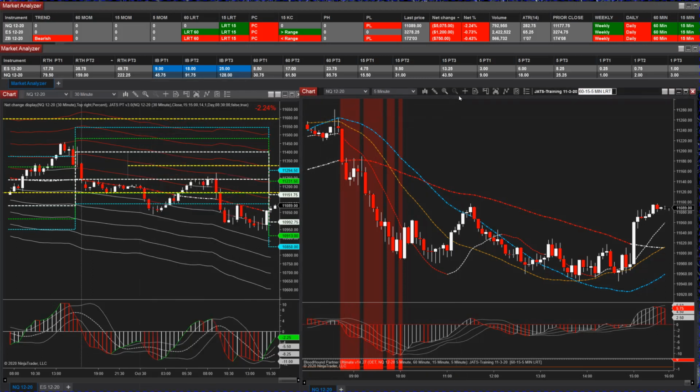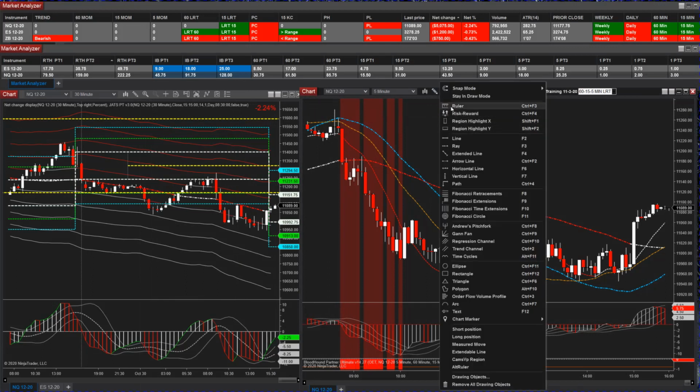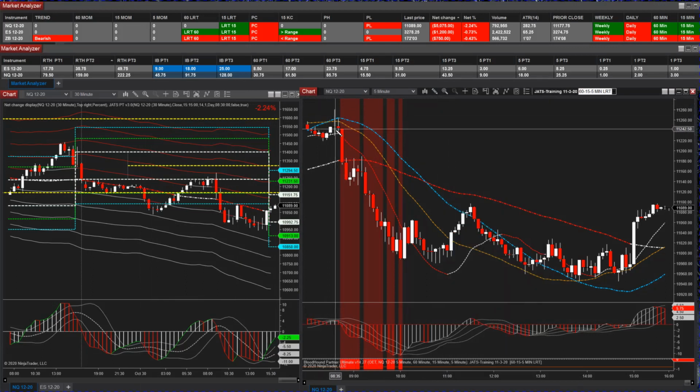Here, this one, sorry, wrong chart. Get the ruler out. Go from the close down to 128 points. This is 253. That's twice the amount. So 128